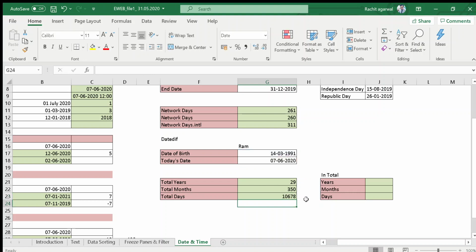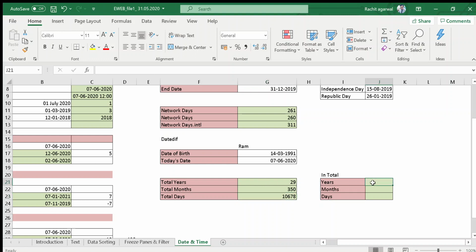Press the enter key, you will get the total number of days from your date of birth, that is 10,678. All right, so this is very interesting. You can also calculate your age in days and in months.